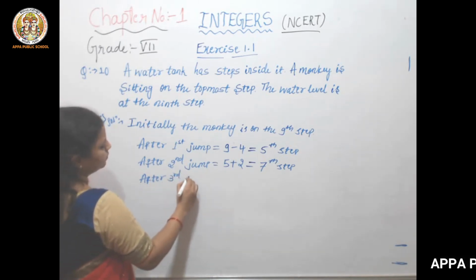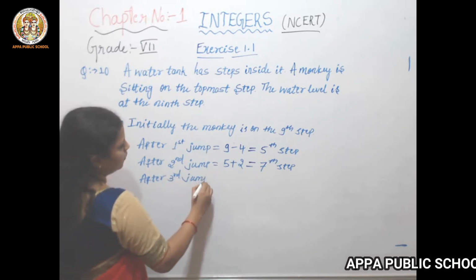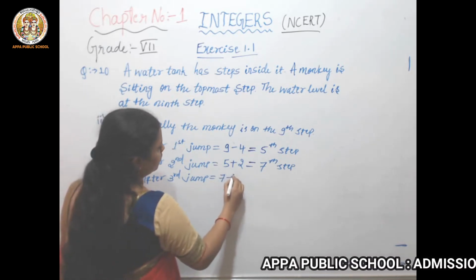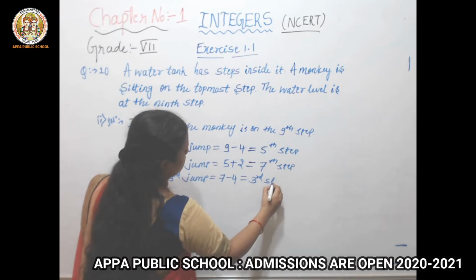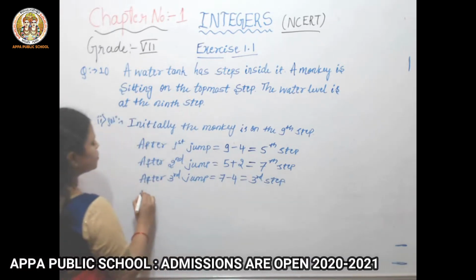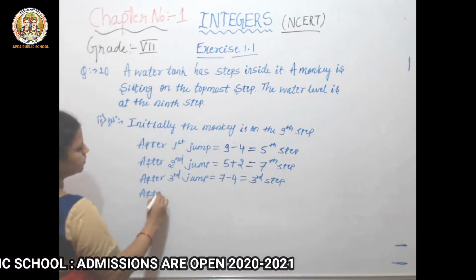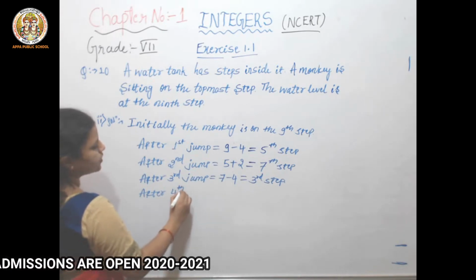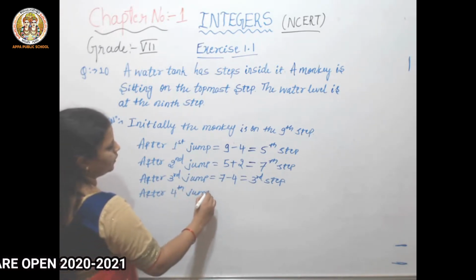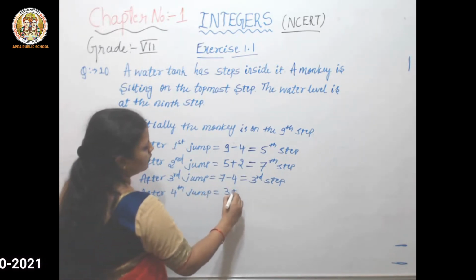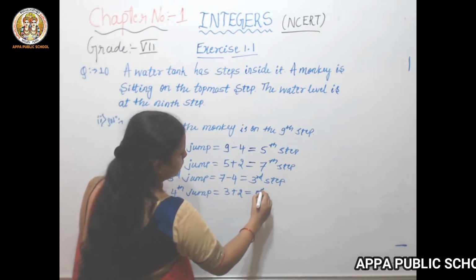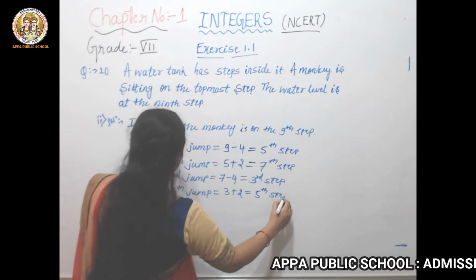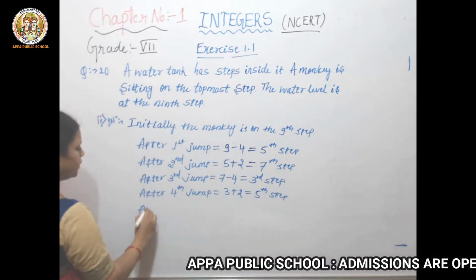third jump. After the third jump it has 7 minus 4. 7 minus 4 is the 3rd step. The next, after the fourth jump, I will take 3 plus 2. 3 plus 2 is the 5th step. And the next is after